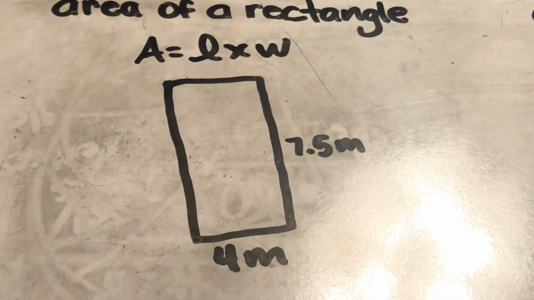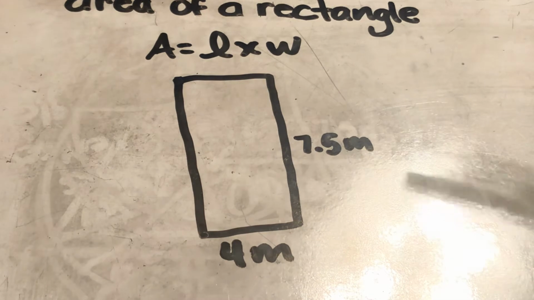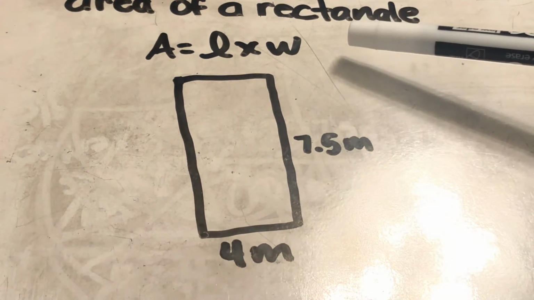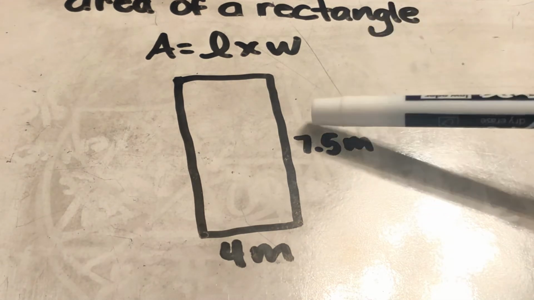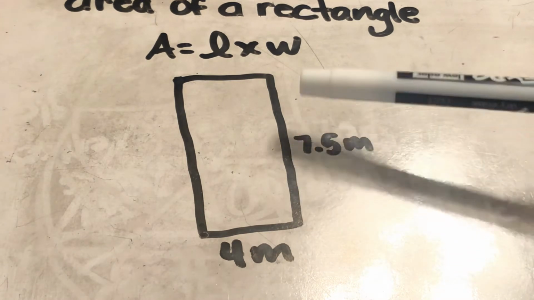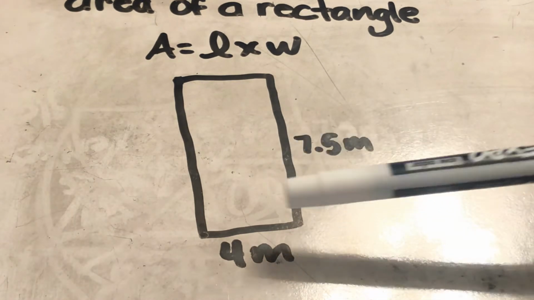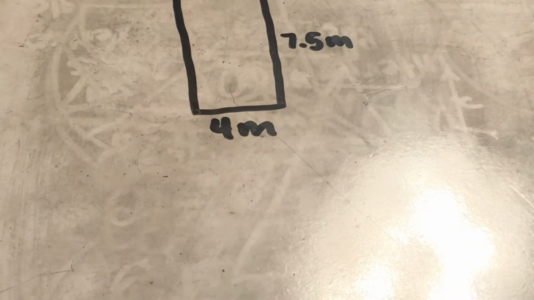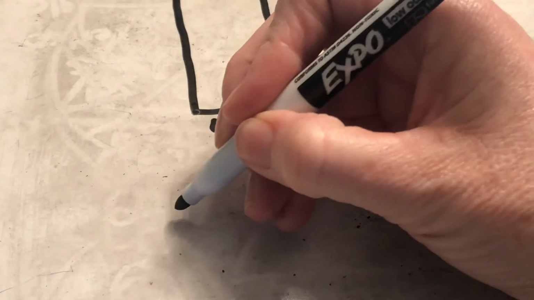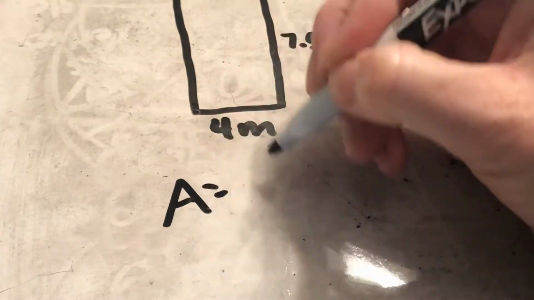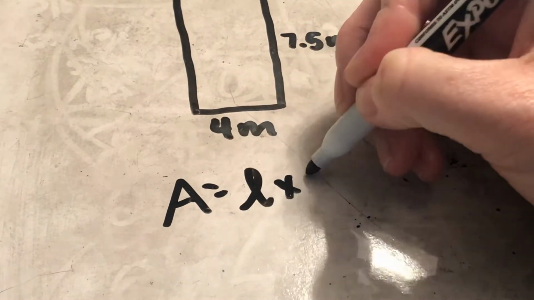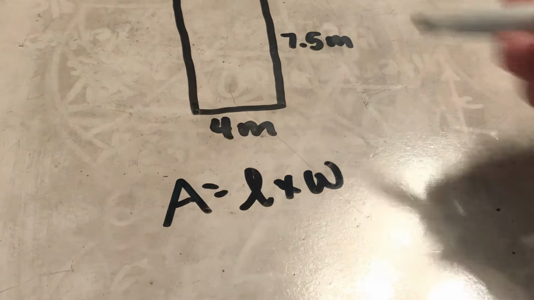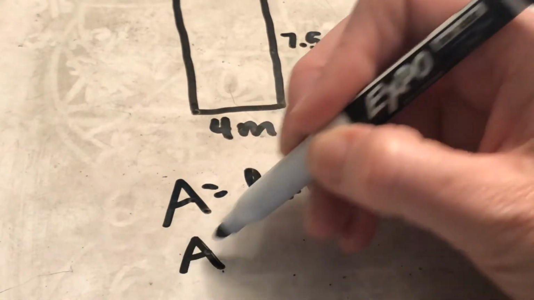So remember the area of a rectangle when we talked about it. Area equals length times width. That's the formula for that one. Here's my rectangle. My length is 7.5. My width is 4 meters. All right, so I'm going to start off writing the formula first. Area equals length times width. Then all I'm going to do is plug in my numbers. Area equals